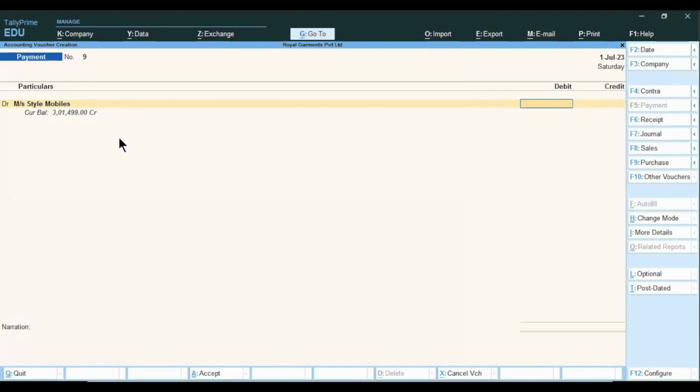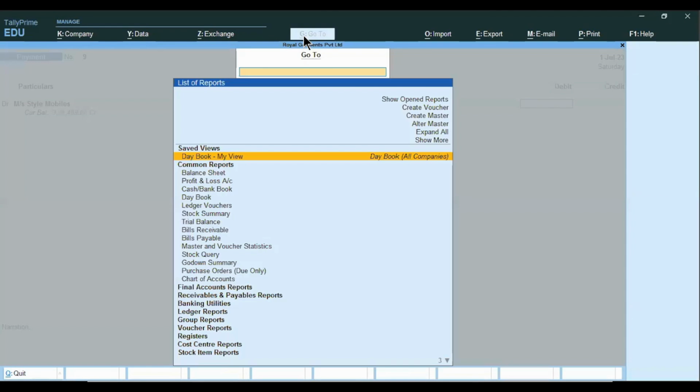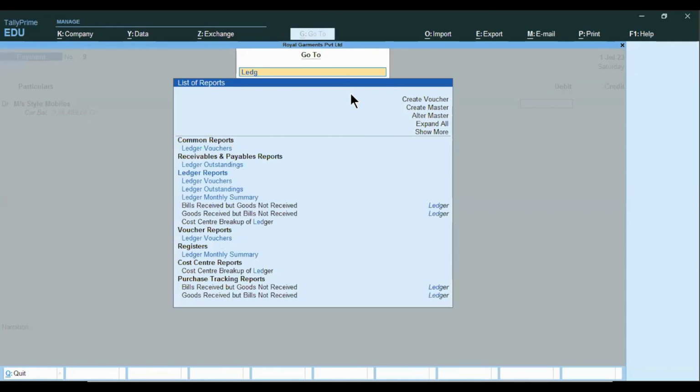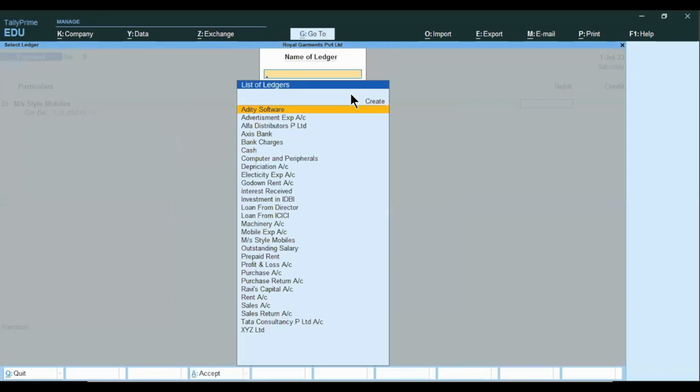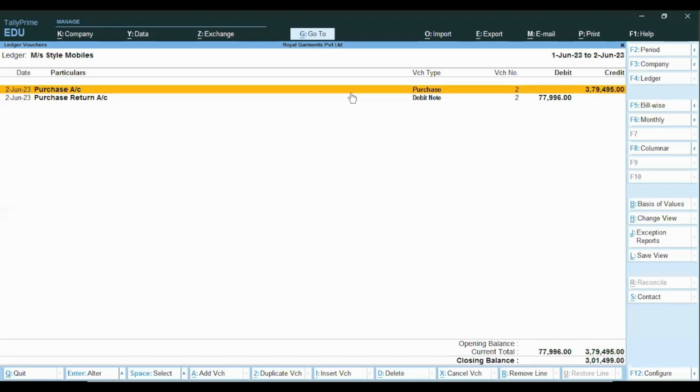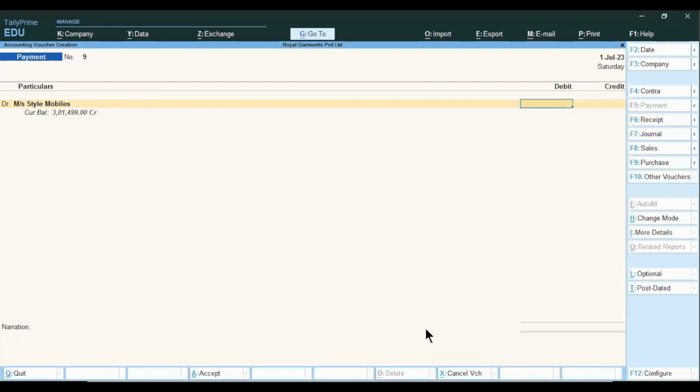Well, if you want to check the ledger at the time of entering this voucher, we can utilize the Go To feature which is available in Tally Prime. Just click Go To, type ledger, voucher, select the ledger, enter, and here we can check all the entries of that particular ledger and the closing balance. So without closing this voucher entry, we can check the reports through Go To button. So the outstanding is